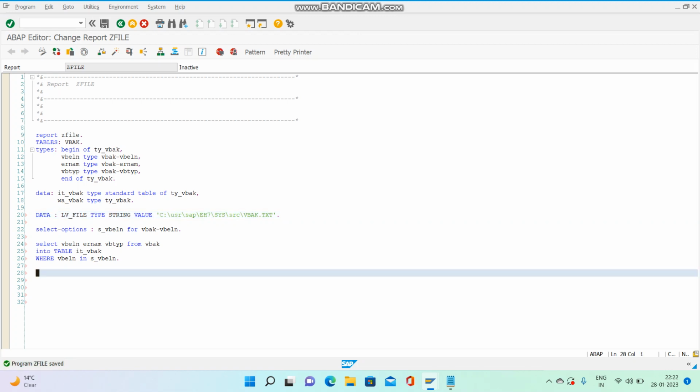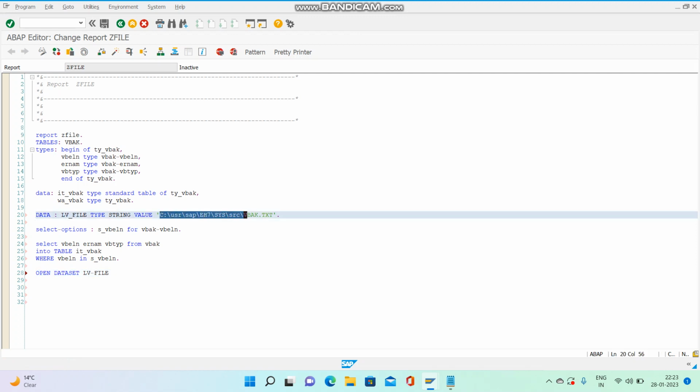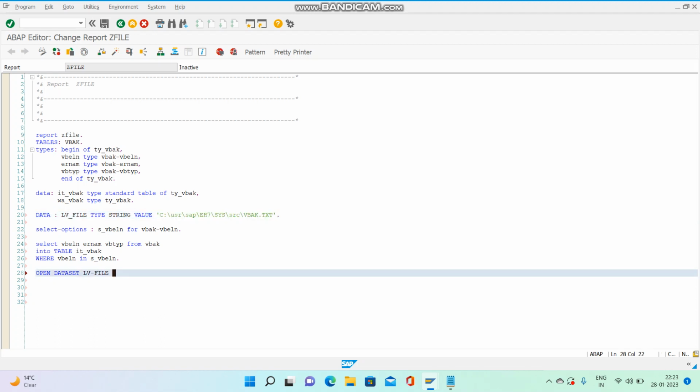Now our first step was to open the file on the application server, for which the statement is OPEN DATASET. Then our file name, lv_file, which contains the entire path and the file name. lv_file is storing the entire path and the name of the file. So our file will be opened. Now, because we are writing the data into lv_file from the contents of our internal table,